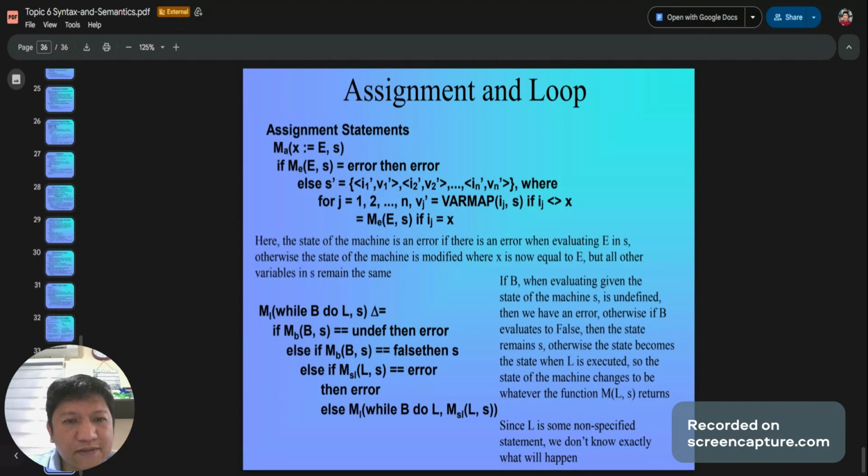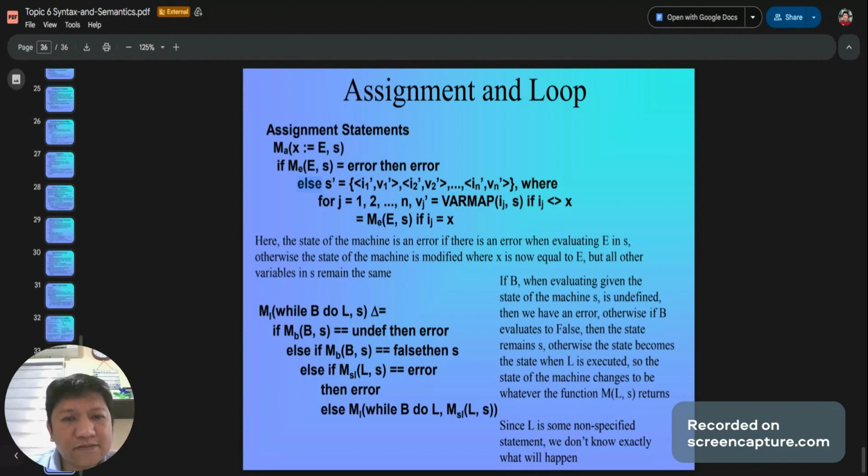There's a machine X. So if there is an error when evaluating E in S, then the result is error.